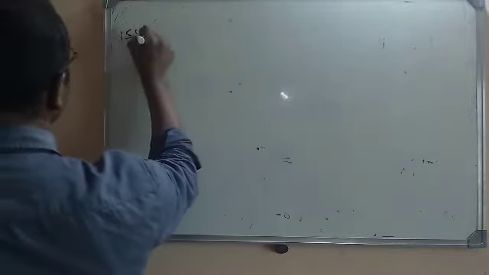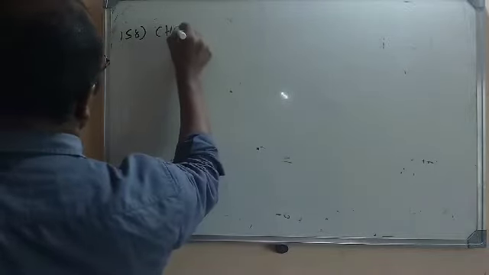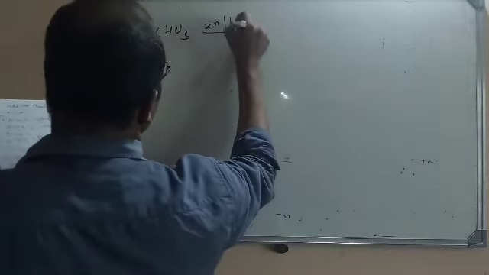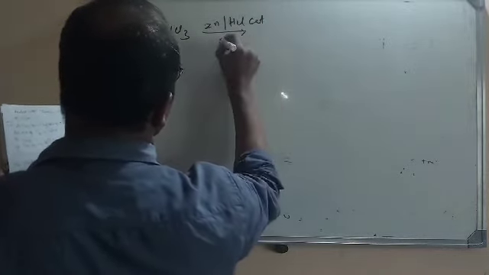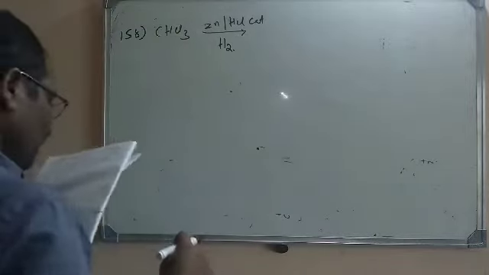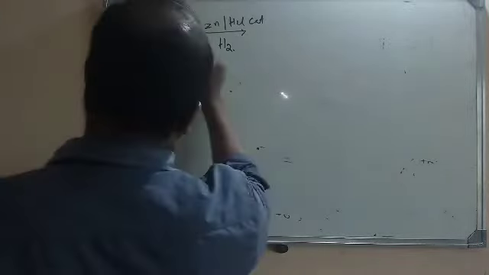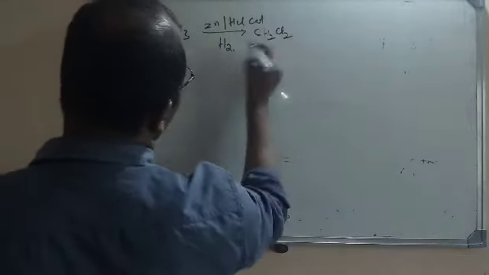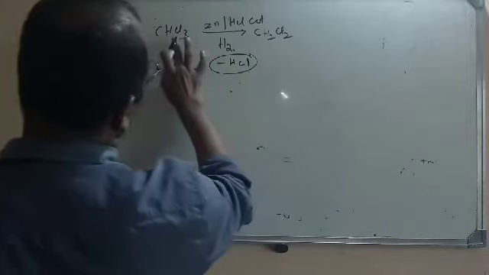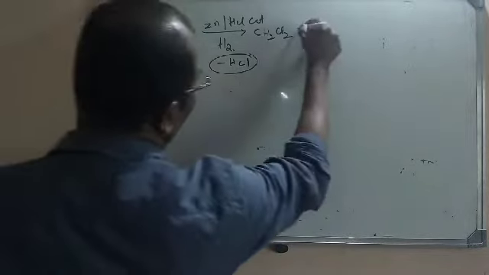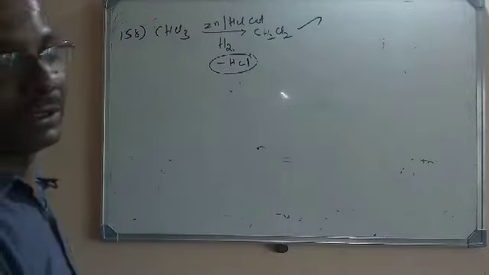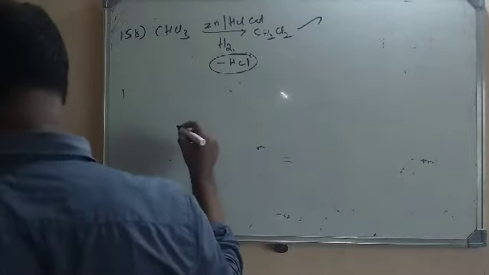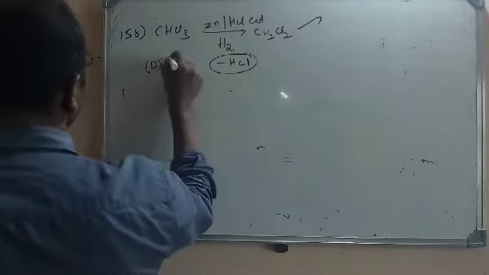Chloroform, that is CHCl3, on reduction with zinc and HCl as catalyst. It is a reduction here. So what does it give? When you add one hydrogen, it will become CH2Cl2. One HCl will be removed here. H and Cl will be removed, and we get dichloromethane. Let us move to the options. If you see the options, option D is the correct option here.